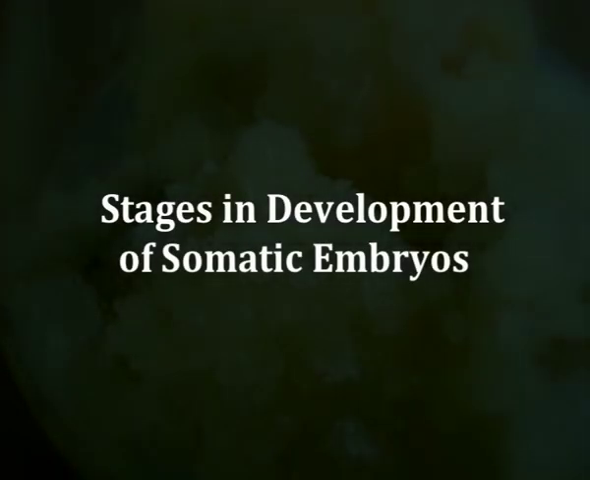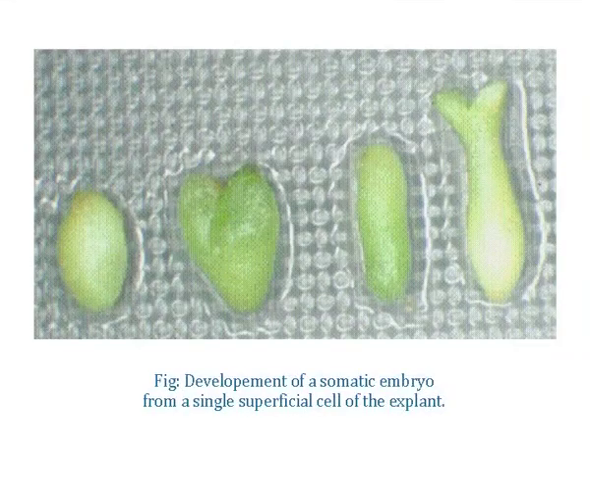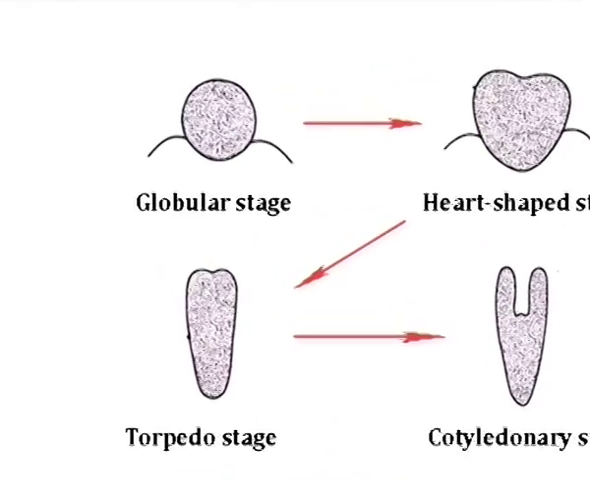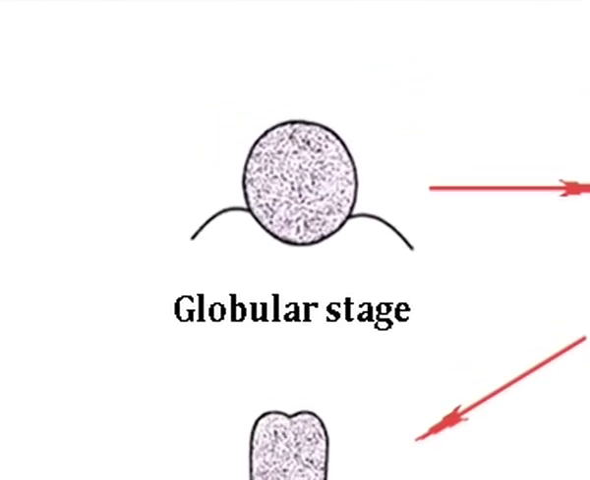Now let us see the stages in development of somatic embryos. Somatic embryos generally originate from single cells and they develop into somatic embryos following four distinct stages. The first stage is the globular stage. In this stage, somatic embryos arise from a single cell which divides to form a group of meristematic cells, and